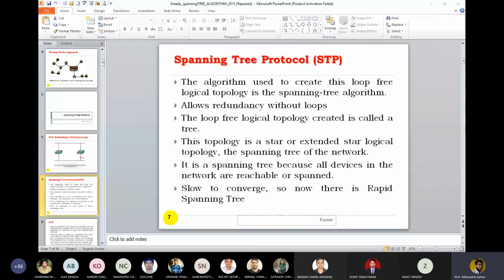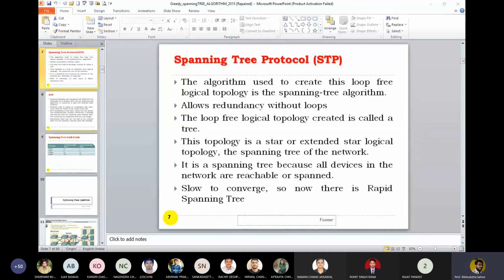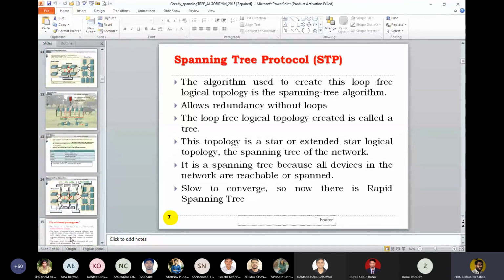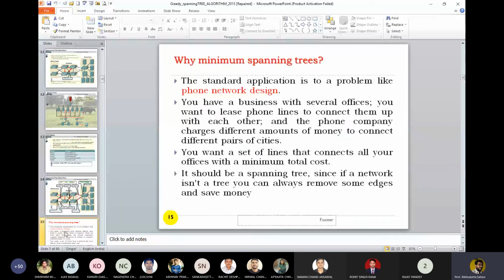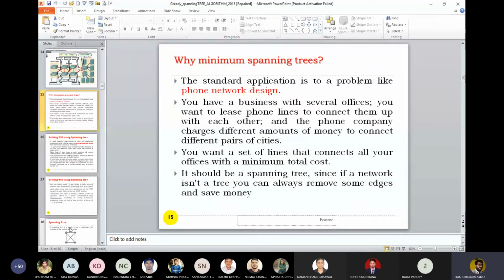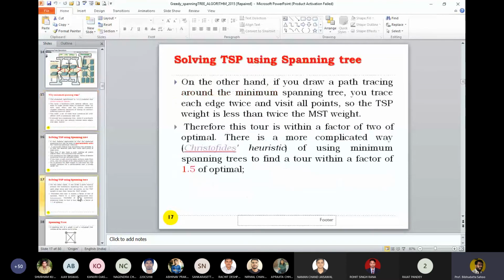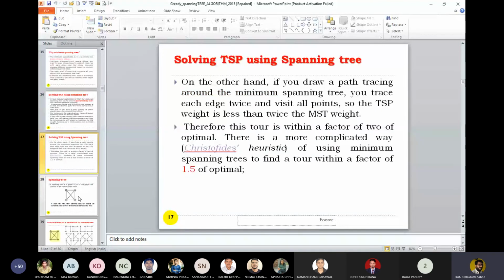Okay, so this is the way we look into the problems. We try to apply the algorithm. We will be talking more on heuristics and comparing how a greedy algorithm will be used over other techniques. But in practice, for many problems, we try to find the solution with a greedy algorithm.